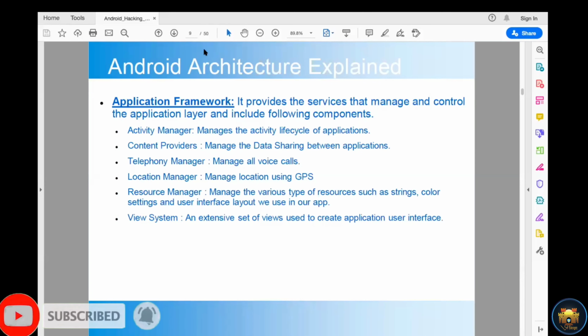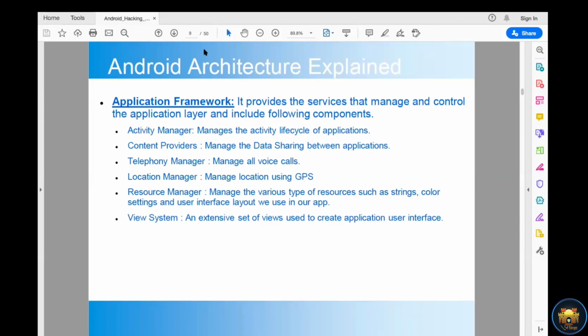Let's talk about the content provider. A content provider is an interface that can be used to access stored data or files in the system. Suppose two applications want to share data between them. This sharing is possible through the content provider. You can access the data using a content resolver, which sends the request to the content provider, and the content provider gives you an interface to access the data and files between different components of the application or different applications.